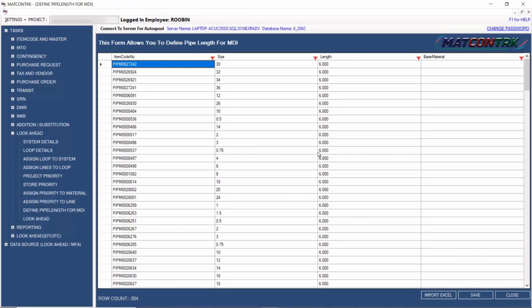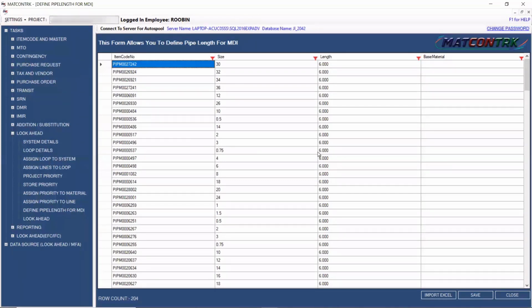For an example, there are possibilities. I may procure the pipe with the double random length, like 12 meter of the pipe. But my field weld marking, I'm looking to perform at the 6 meter of the pipe, or the less, 4 meter of the pipe. 6 meter pipe I have considered for an example as a benchmark.